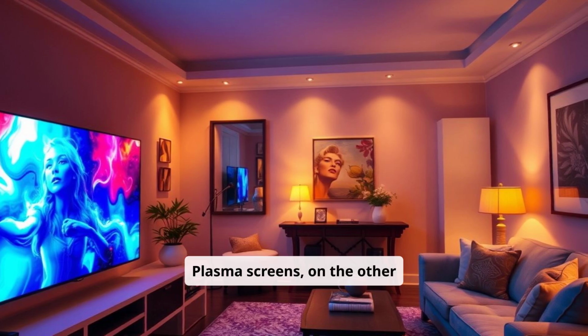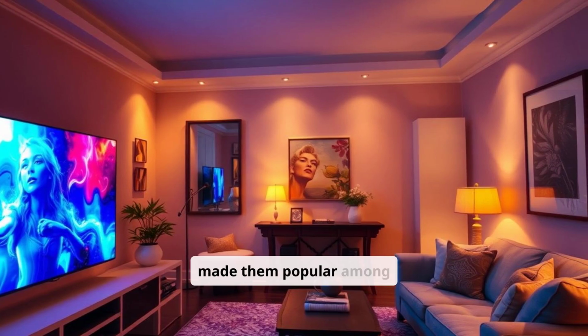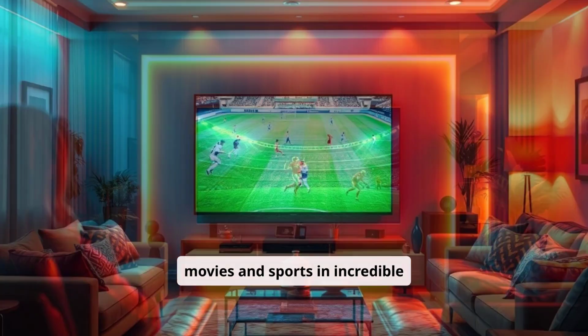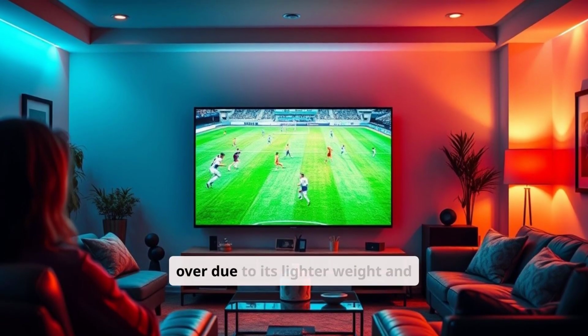Plasma screens, on the other hand, work by exciting gas-filled cells to produce light, offering deeper colors and contrast, which made them popular among cinephiles. With these full HD displays, people could enjoy movies and sports in incredible detail. Plasma screens were known for their color accuracy and contrast, but LCD quickly took over due to its lighter weight